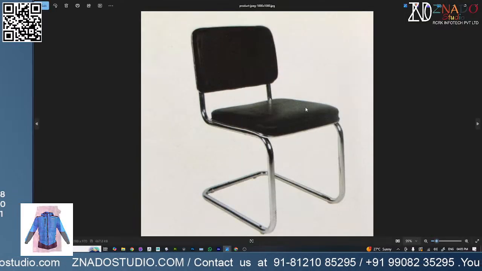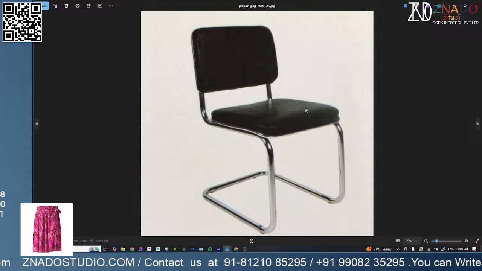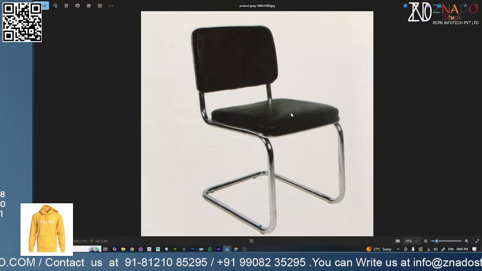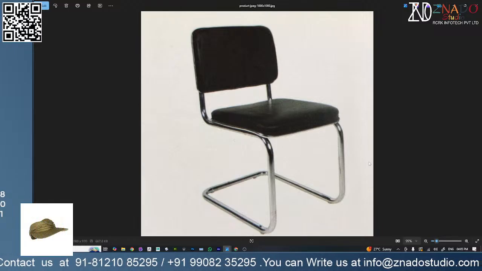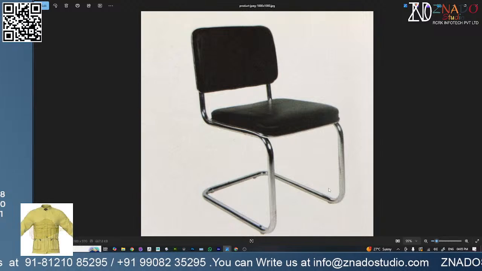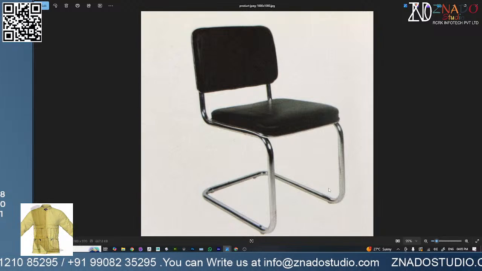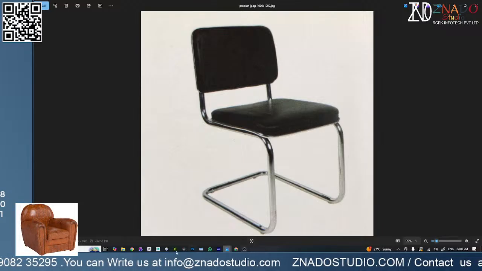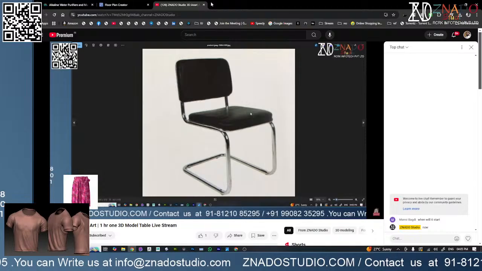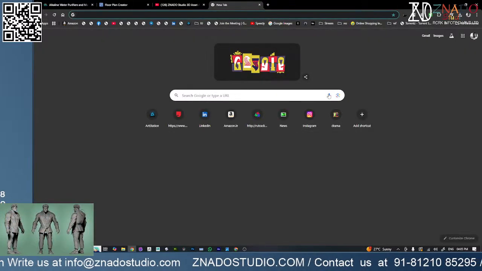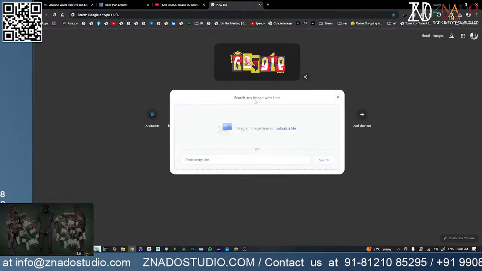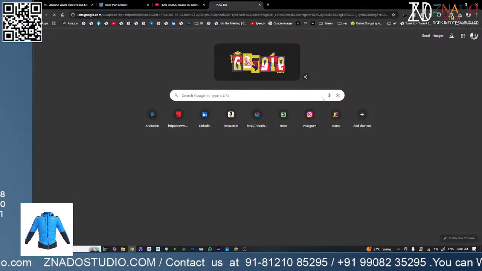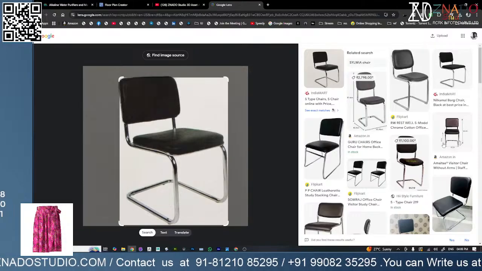What I did when the student sent me this image, to understand what he wanted to do, is quickly search on Google, where I could find a similar image that I can use for the dimensions. If I go to Google and click on search image with Lens, upload file, you can just upload this file like this and then you'll find multiple